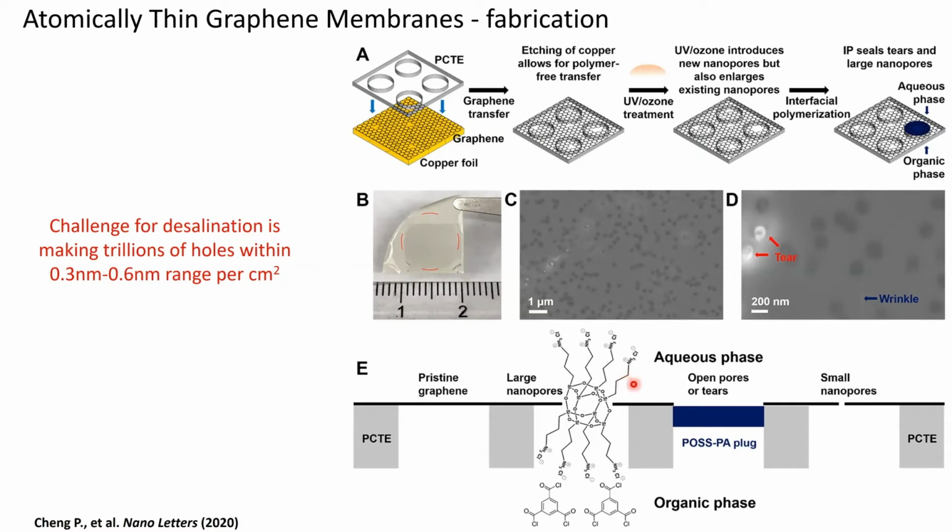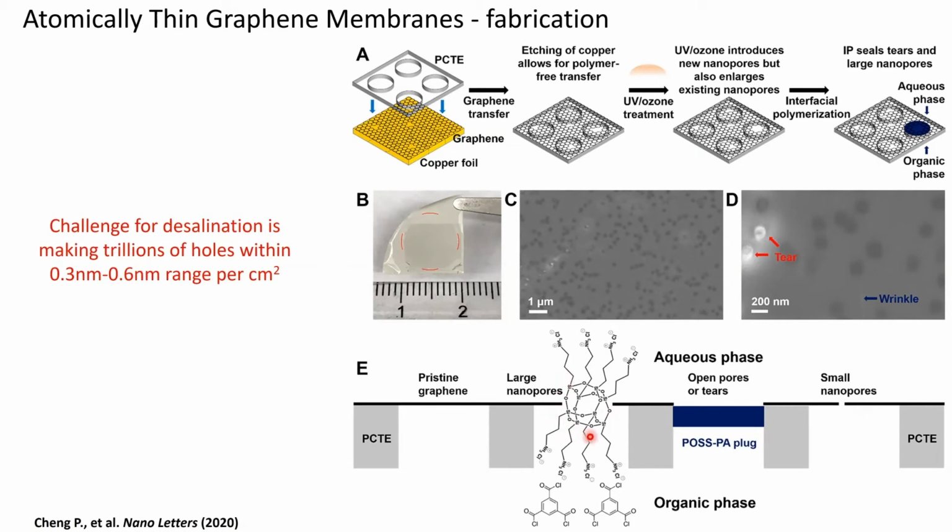So in other words, the reaction between trimesoyl chloride and POS is pinned at this interface behind the graphene in the organic phase, because the POS has to diffuse through defects in the graphene and meet the trimesoyl chloride to actually form polymerization on the other side of the membrane. This, in effect, allows us to preserve these small nanopores in the graphene membrane, because these small nanopores will not allow the transport of POS, but will allow the transport of water. So this is how we preserve the small nanopores in graphene while sealing away any large pores that may allow